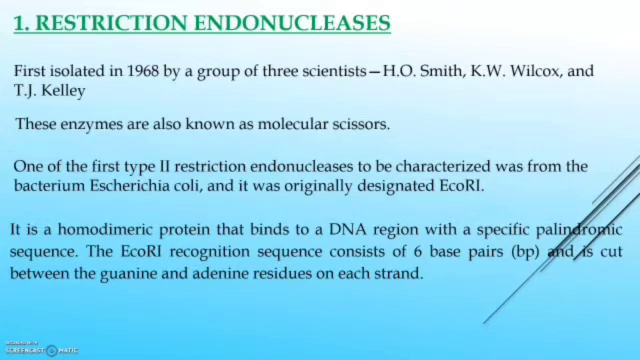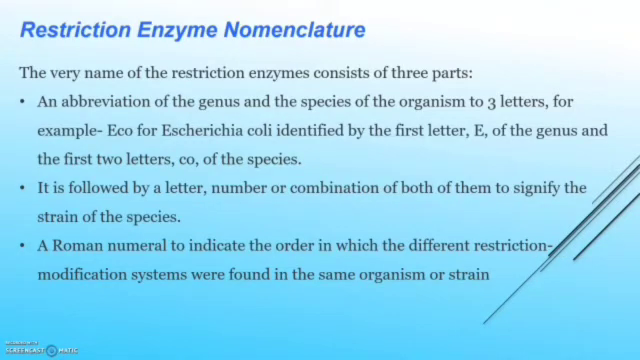on each strand. The nomenclature for these restriction enzymes consists of 3 or 4 parts, starting with an abbreviation of the genus and the species of the organism to 3 letters. For example, Escherichia coli is known as E. coli 1, where the E represents the genus, and the next 2 letters represent the species, that is the coli, the first 2 letters of the species name, and it is then followed